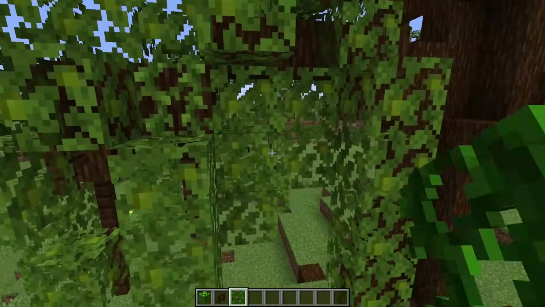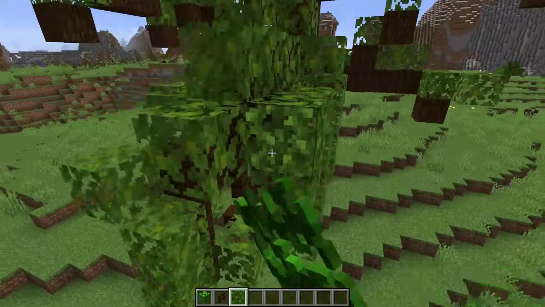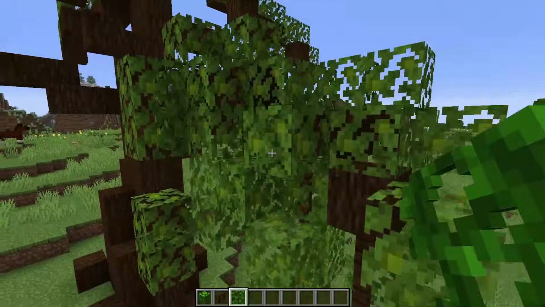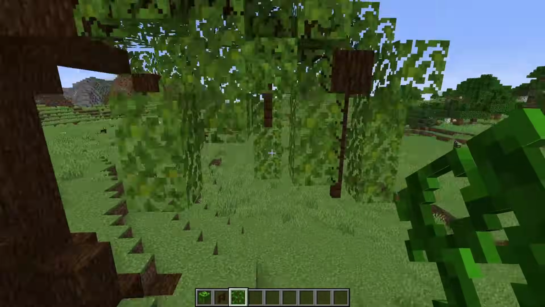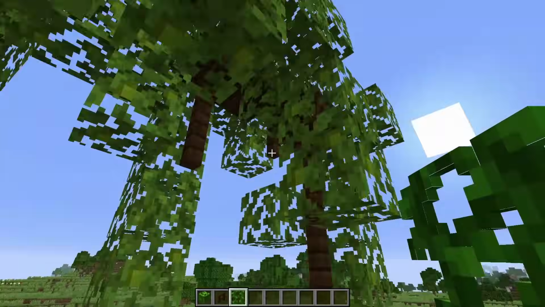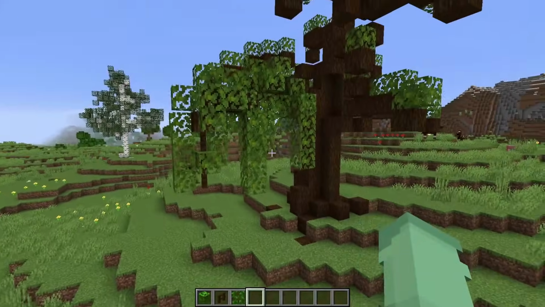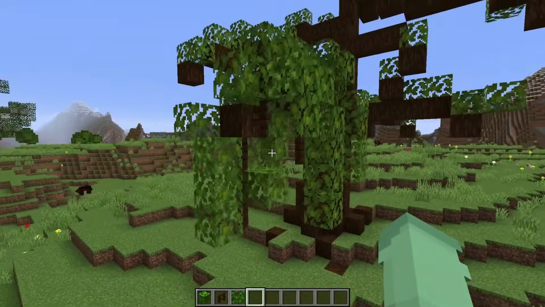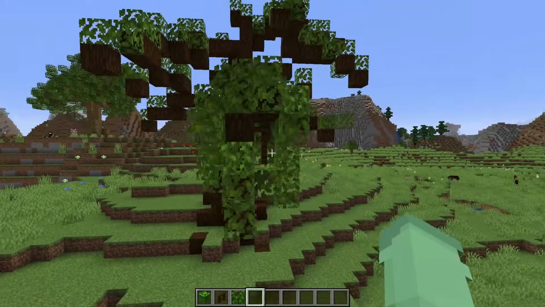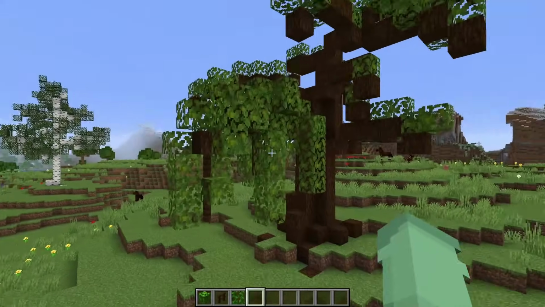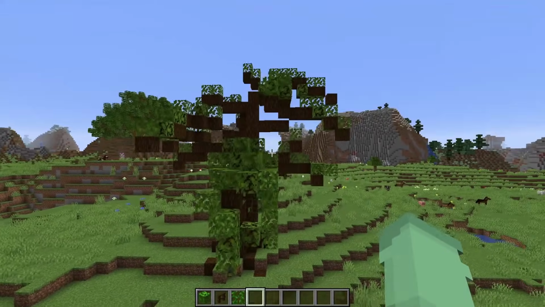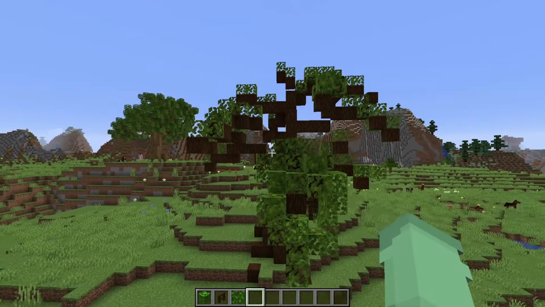Now, once that is done, I'm going to go in with a few vines. Because the ticks are on this world, these vines will eventually grow and give a lovely full effect. I'm going to be putting them on the inside of the branches as well. And once these grow, we will go around and trim them and stop them from overgrowing and taking over the entire tree. But for now, we just have to wait. Let's go ahead and do the rest of these branches now.